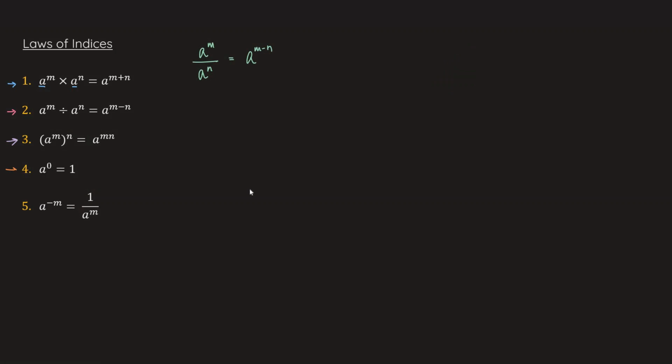Now let's move on to the fourth law. The fourth law states a to the power 0 equals 1, and a being any number. So what this means is any number raised to the power 0 is equal to 1. Now that means if I say 2 to the power 0, or whether it be 3 to the power 0,